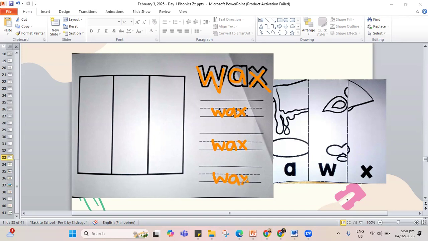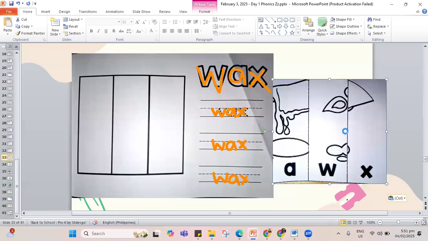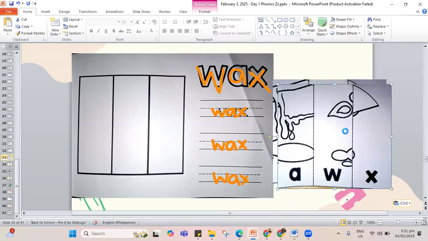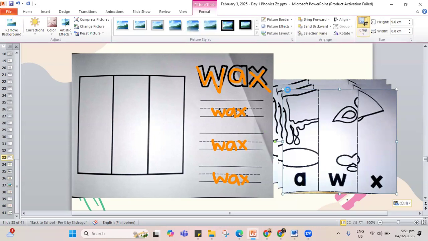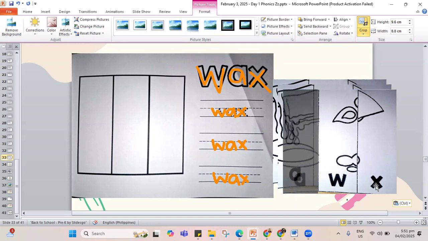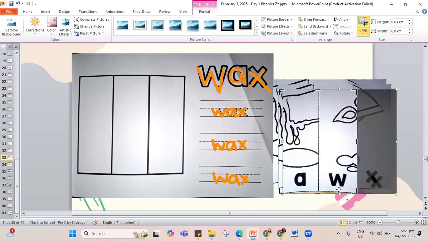So the wax is the melted part of your candle. When you use the candle, it melts. The one that's melting there, that's the wax, because our candles are made out of wax. Even the crayons that you use for coloring are also made from wax.